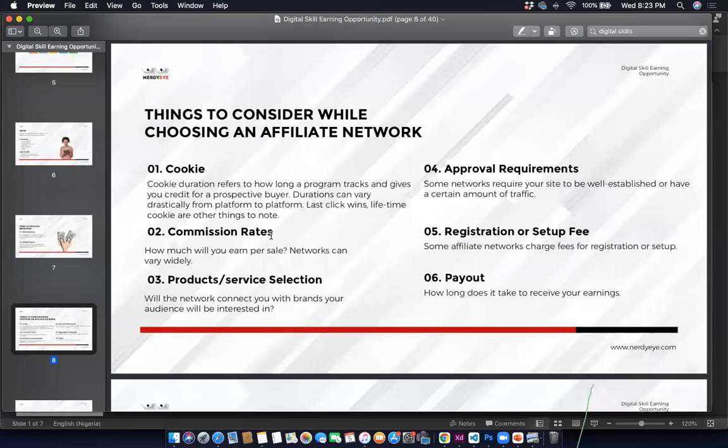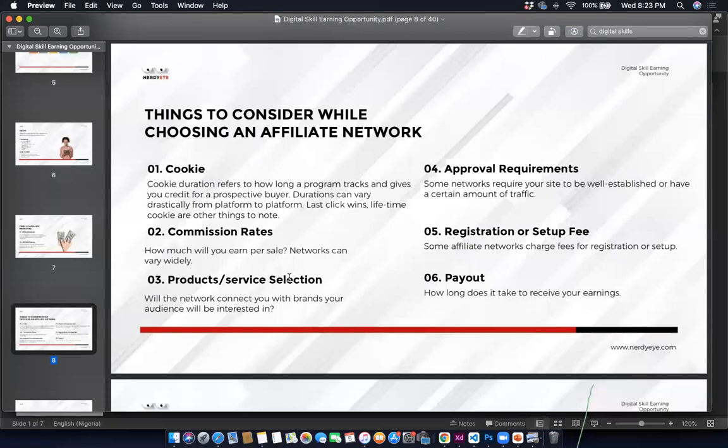And when are you going to make 100K in such kind of programs? Because the commission is very, very small, except if you have a large volume of sales. Now you want to consider the product or services selection. Is it the kind of product that you want to sell? Does that particular network or affiliate program have the kind of product that falls in line with your